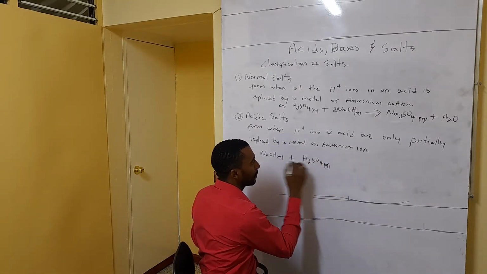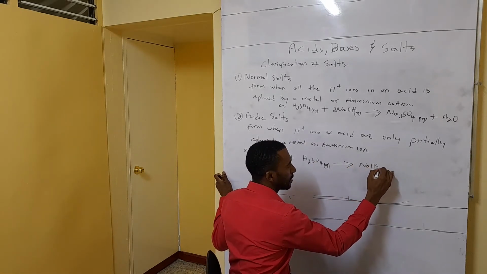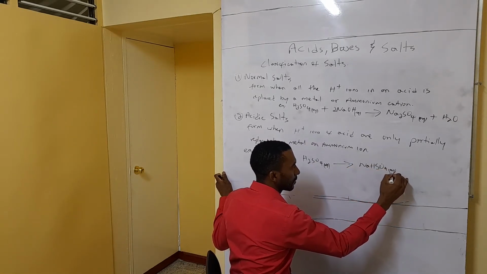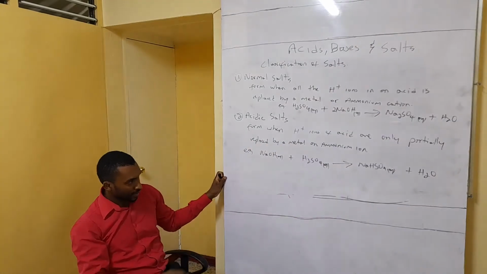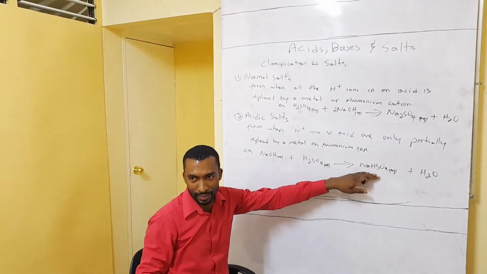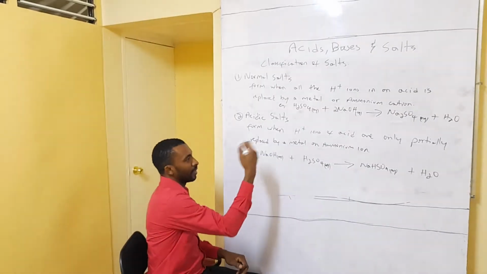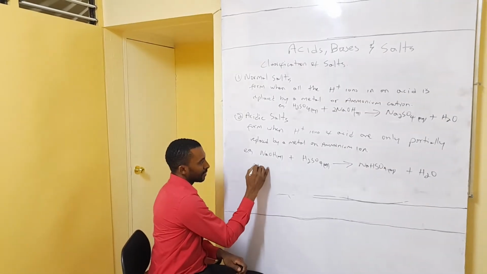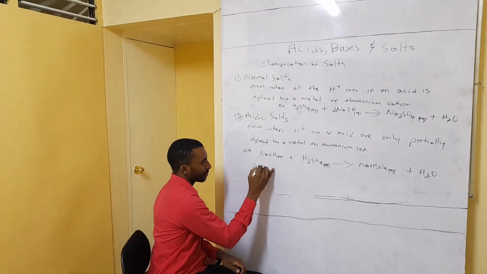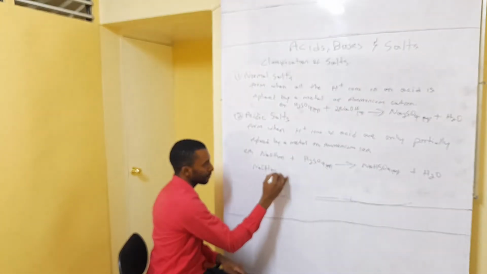If we react this in 1-to-1 mole ratio, you're actually going to get sodium hydrogen sulfate. Okay, so this will be an acidic salt. Another example of acidic salt, for example, if we had sodium hydroxide, okay,